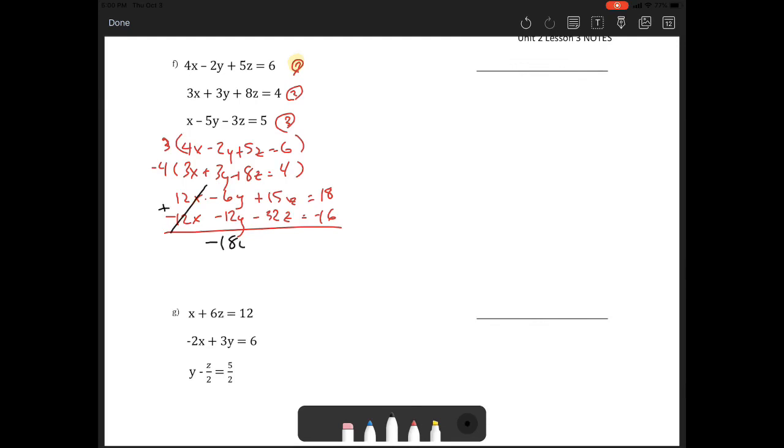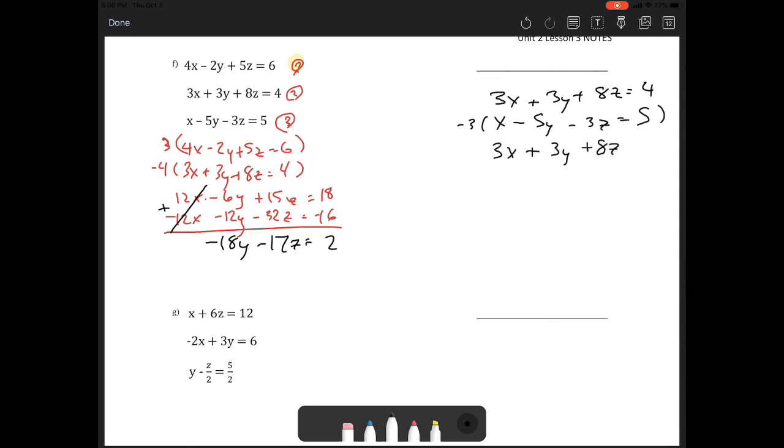Going to add, and those will cancel here. I'll end up with negative 18y minus 17z equals 2. Then on my other side, I'll have 3x plus 3y plus 8z equals 4. And then I have x minus 5y minus 3z equals 5. I'll multiply this whole thing by negative 3. Then I'm going to have 3x plus 3y plus 8z equals 4, minus 3x plus 15y plus 9z equals negative 15, which will mean I have 18y plus